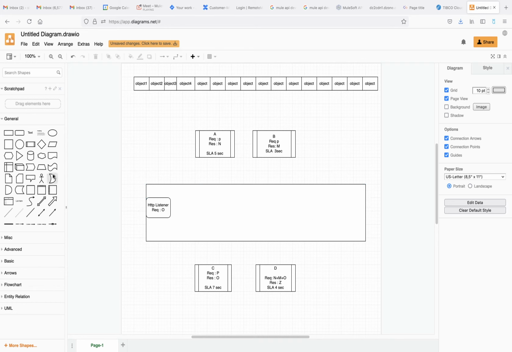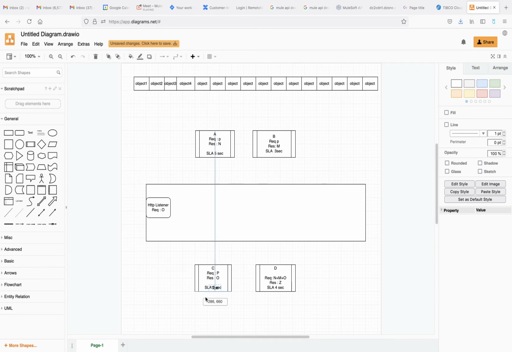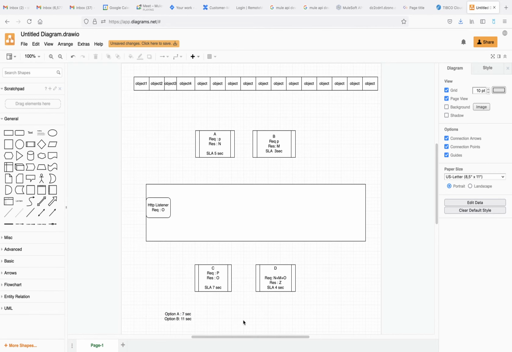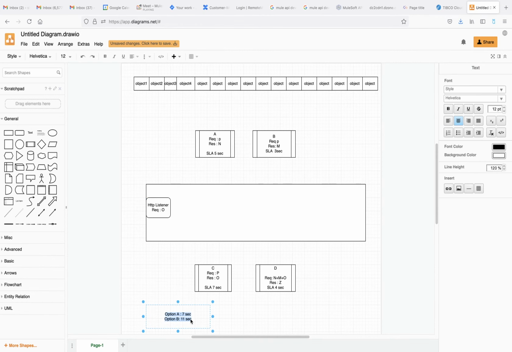So the first answer we have is 7 seconds, another option B is 11 seconds, and another option is 13 seconds.